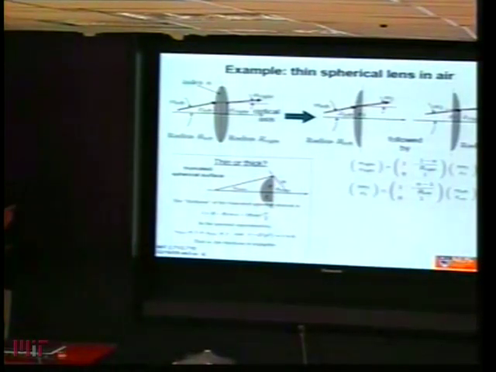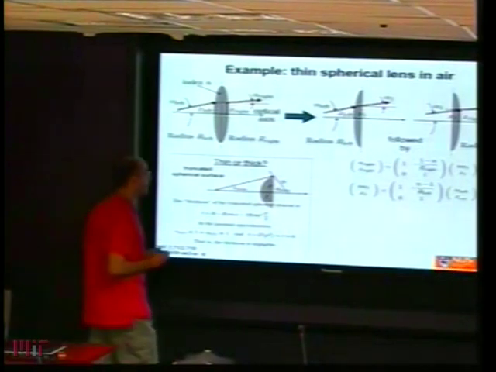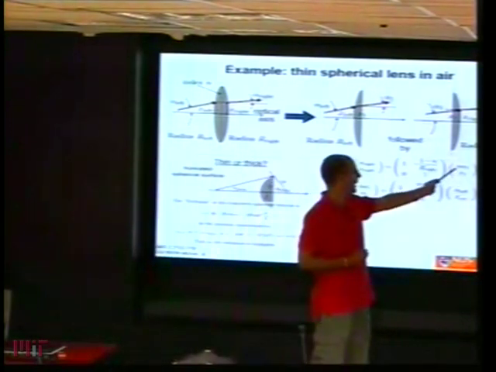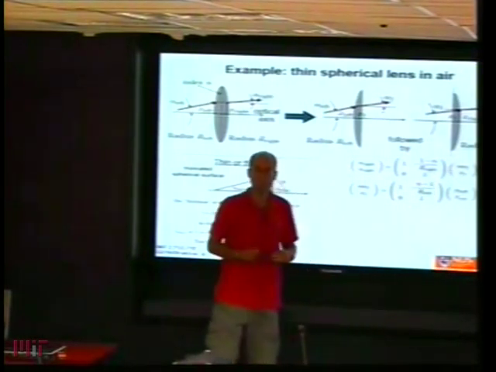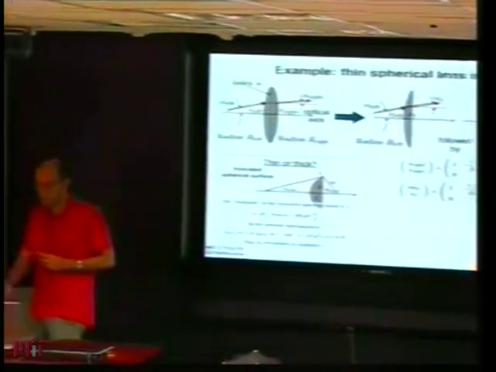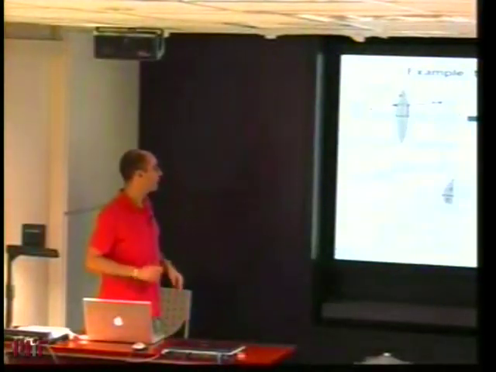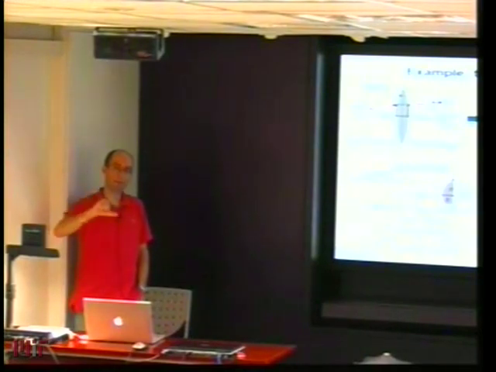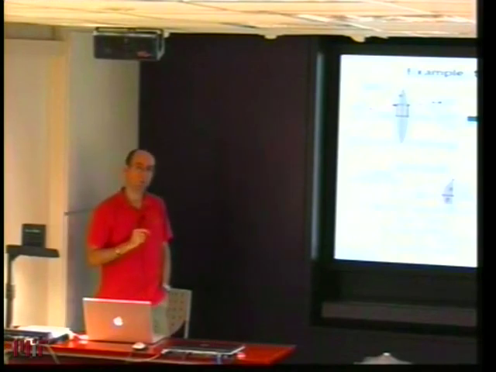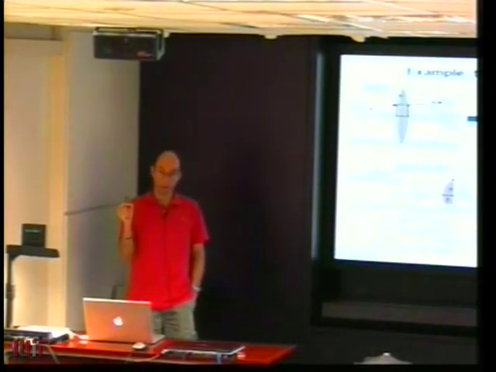Now I can cascade the two matrices, because I can substitute the vector n alpha 1 x1 that is in the top equation from the second equation. If I do that, of course, I get a cascade of the two matrices. Notice that in the cascade, it is very important to remember that the matrix of the last element to the right appears on the left. That is very important to remember and not confuse because, as you know, matrix multiplication is not commutative. If you mess up the order of these matrices, you will get the wrong result.